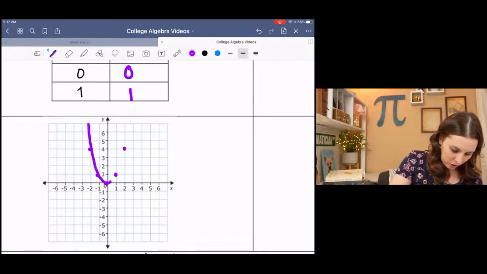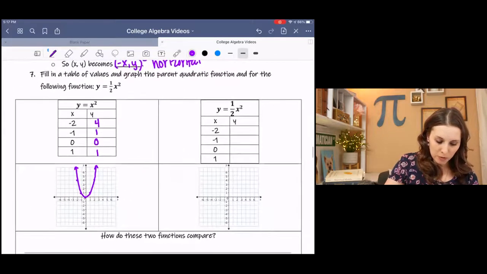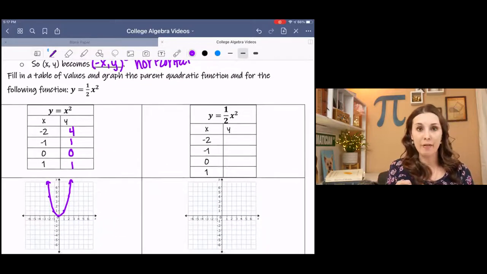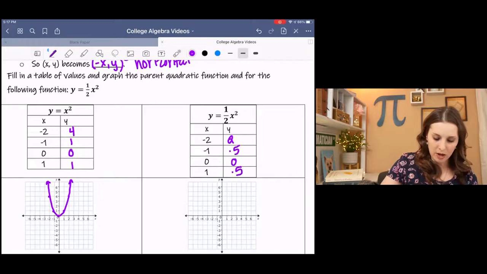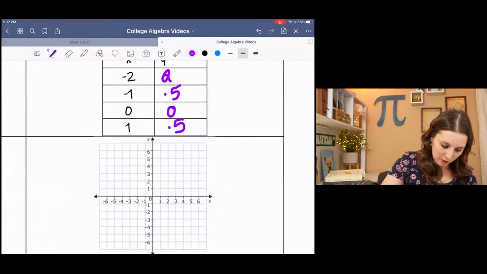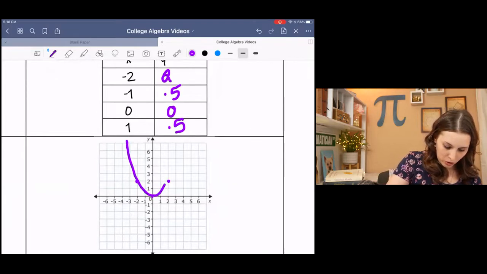And I'm going to sketch this curve. And then in my transformed function, I'm taking half of each of my y values. So I'm taking half of what I got here. This becomes 2, half, 0, half. And then I'm going to plot my points. (-2, 2), (-1, a half), (0, 0), and this will be symmetric. And when we draw that,